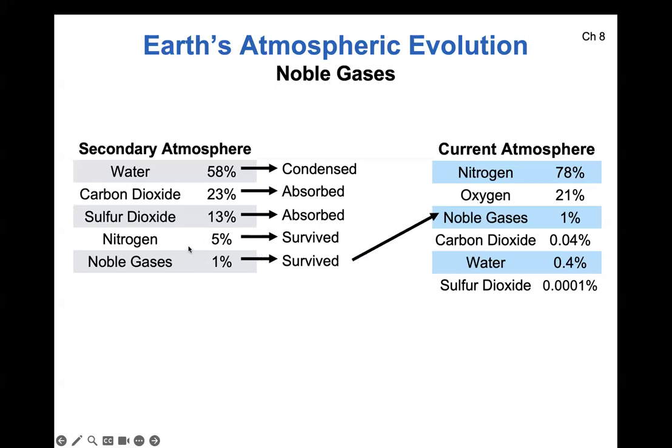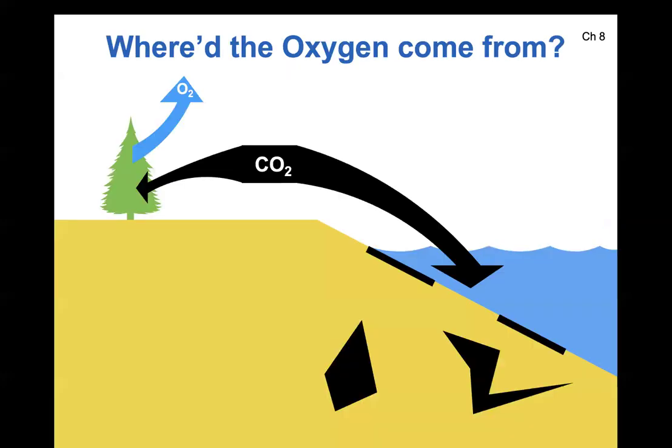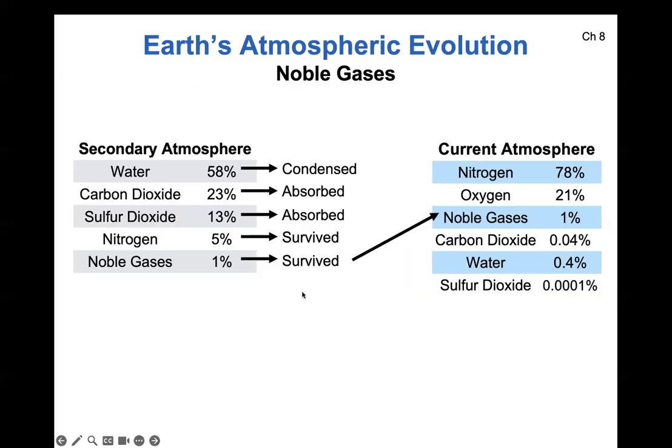All right, and then finally, the noble gases, just like nitrogen, just survived. Obviously some of them must have been reintroduced in order for that 1% to stay 1% proportionally. So I guess there's a continuing outgassing of noble gases. There are big reserves of helium, for example, under the ground, and so that gradual rate of slow outgassing of noble gases has allowed the amount to creep up, but the proportion to stay the same. Okay, but that explains where everything went, whether it survived, condensed, or was absorbed.